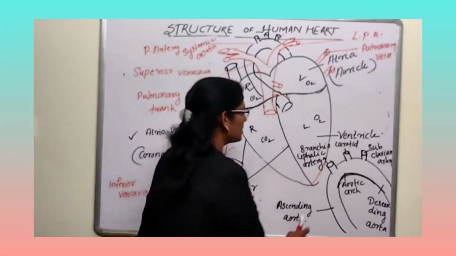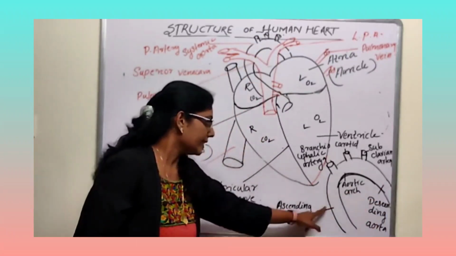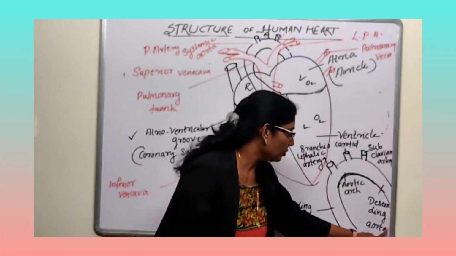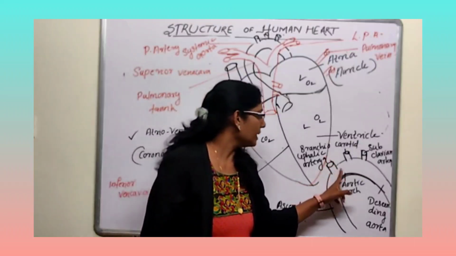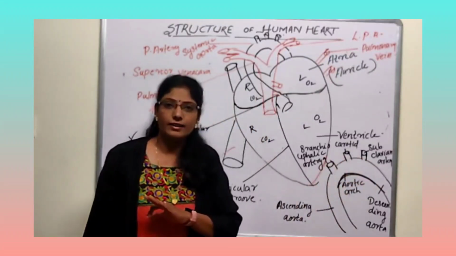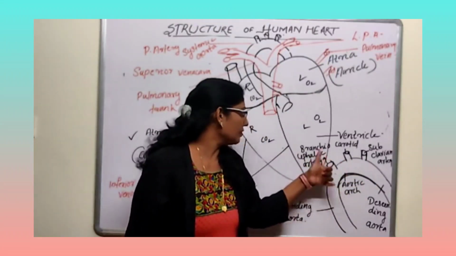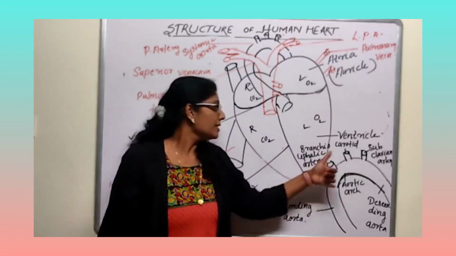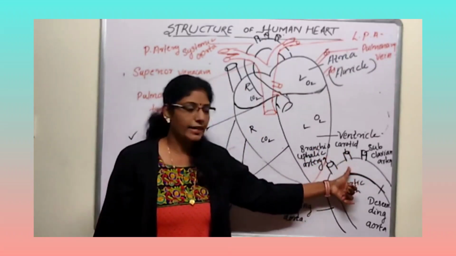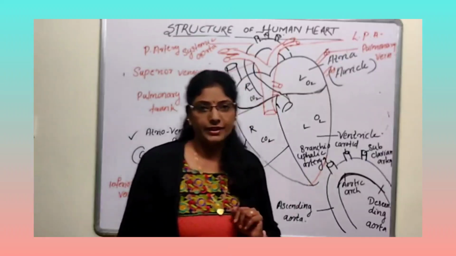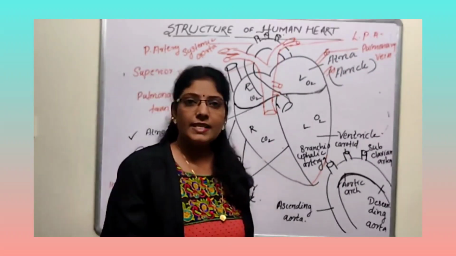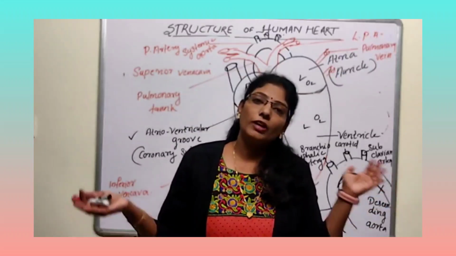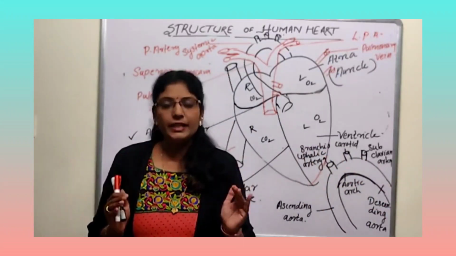Systemic aorta consists of three main regions: ascending aorta, descending aorta, and the middle aortic arch. Then from the aortic arch, three main arteries are starting. First one brachiocephalic artery, second one is carotid artery, and the third one is subclavian artery. This much clear. Now some other blood vessels are also there, which will provide blood to the heart